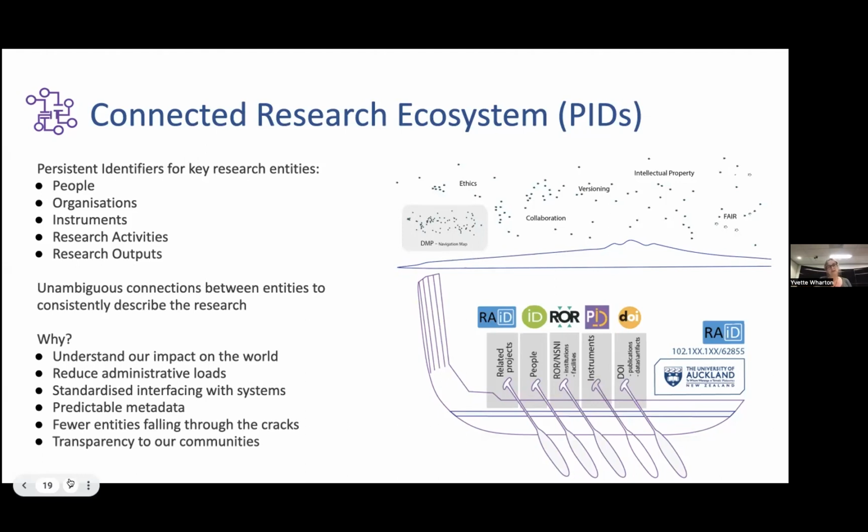And as we take that journey, we add persistent identifiers into, in this case, we call it a waka. So into our waka, which is a boat that we're taking our journey in. So imagine we're traveling across the seas. So we have stuff for our research activities, we have stuff for our people, organizations, different services or instruments that we might use. So we bring in the PID-inst identifier for instruments or the schema, all the way through into